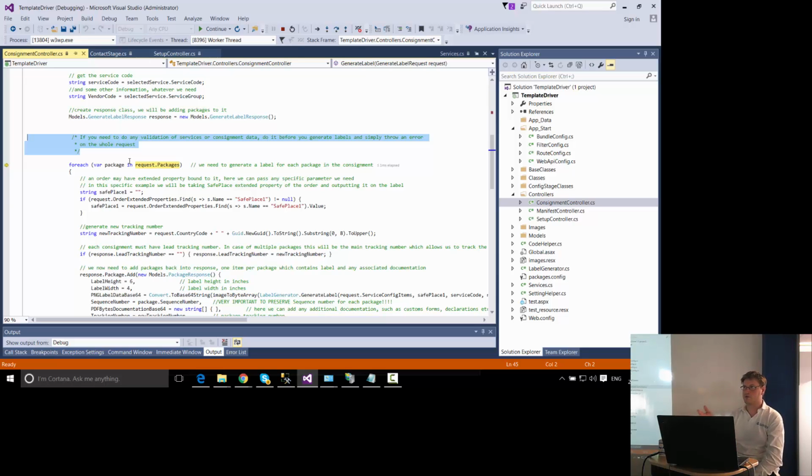But in case of your courier paper print sort of scenario,